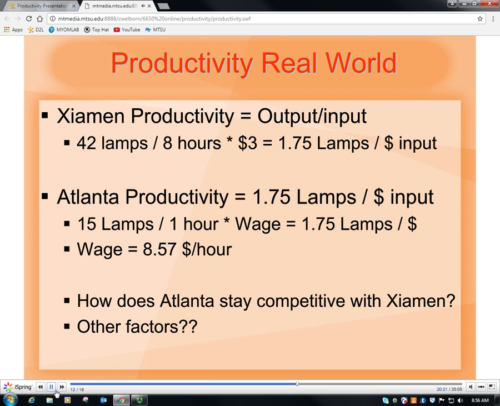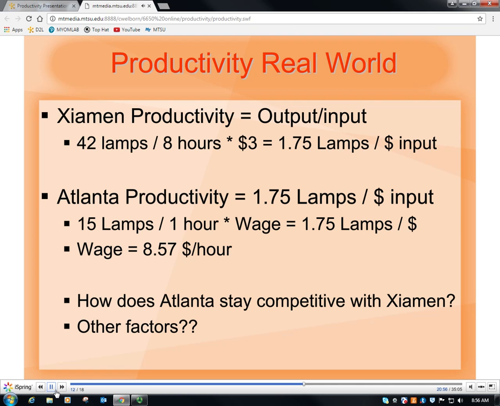So that's my output, 15 lamps. My input is an hour, and I don't know the wage. That's what I'm trying to figure out, right? I got 15 lamps of output. I have 1 hour times some kind of wage, and I need that to equal 1.75 lamps per dollar. So I do a little arrangement of my variables here and solve for the wage, and I get the wage is $8.75 per hour. And I don't know how many of you are familiar with Atlanta, but that's not a very good wage. I don't think you can live in Atlanta for